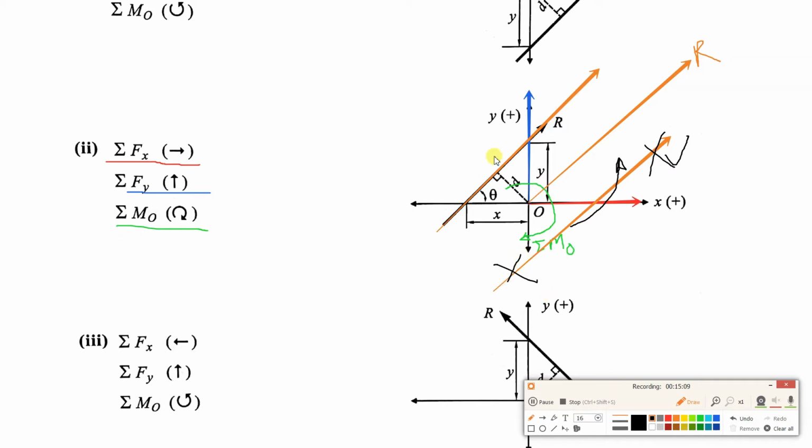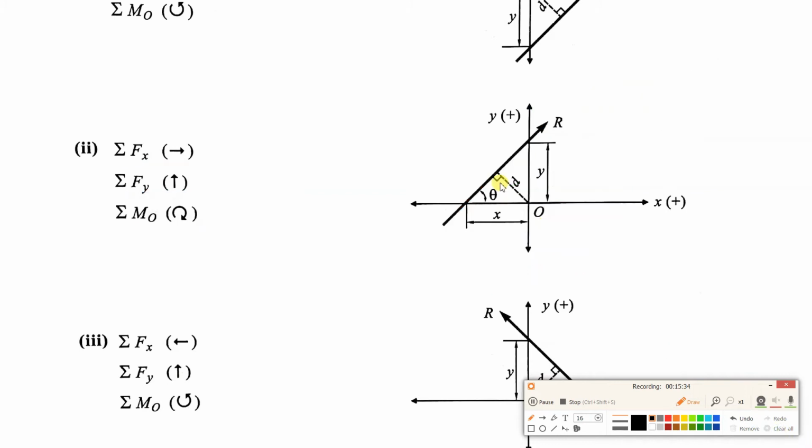Next one is this one. If you consider this force, keep your thumb at point O, keep your index finger at this location and rotate your index finger in the direction of arrow, it is clockwise. So it is matching with this summation of moment which is also clockwise. So this will be the answer. After getting the answer, you have to erase this resultant and this moment part also. So final answer will look like this, which has been shown over here.